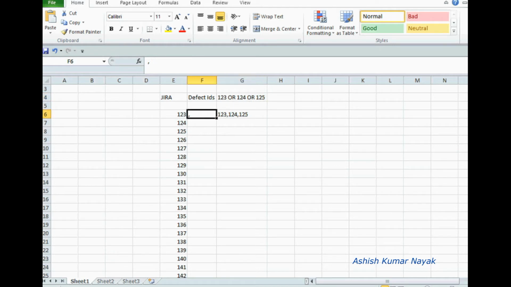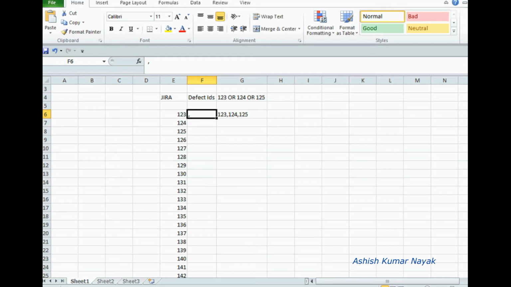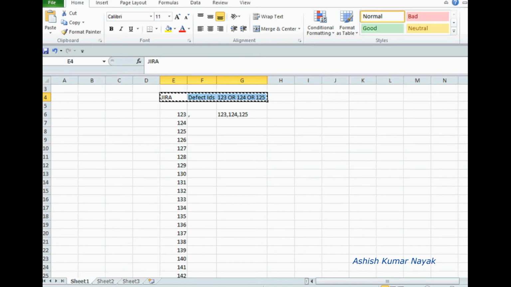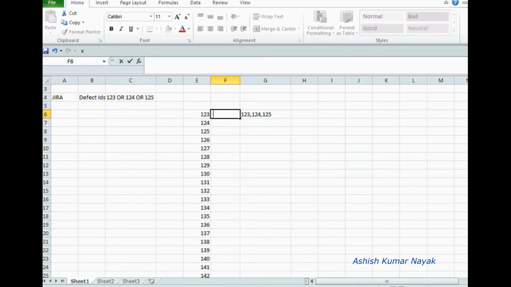Let's do one thing here in the column F. Let me take it to the side because that is confusing. Here I am typing a space, then OR, then space.